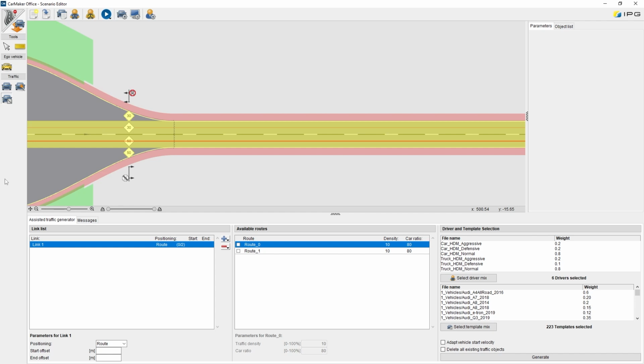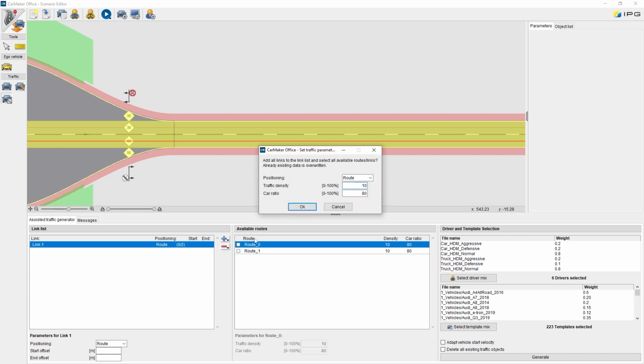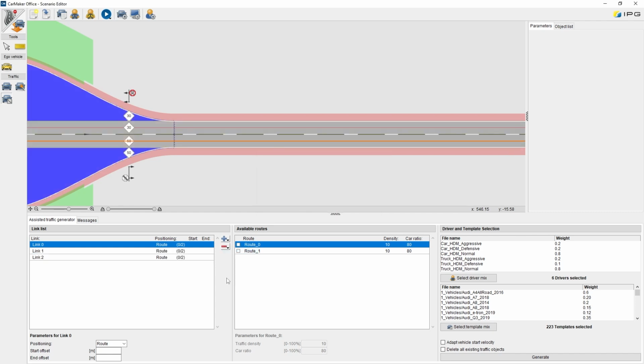To add a link, click the button next to the link list and select a link by clicking on the road network. Click and hold the button for more options. To remove a link, select a link and click the button next to the link list. Click and hold the button here also for more options, like remove all links.